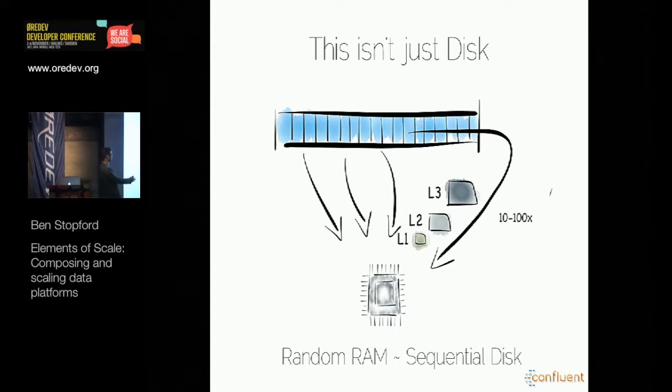A slightly random coincidence is that on most modern hardware, if we address RAM at random, let's say we're using a garbage collected language, which will often place data around the address space, and we scan across that and think that we may be doing some form of sequential addressing, we'll actually be skipping all over the address space. And that will be about the same performance as reading sequentially from disk, which is slightly unintuitive in some ways. But again, it's because of the levels of caching. If we have a random workload, we just can't take advantage of these various levels of caching because there's no predictability to it.